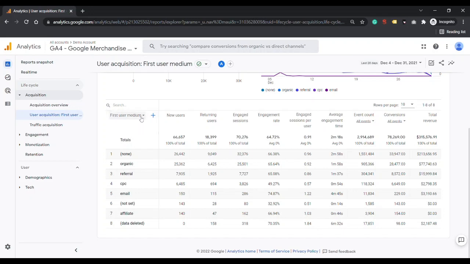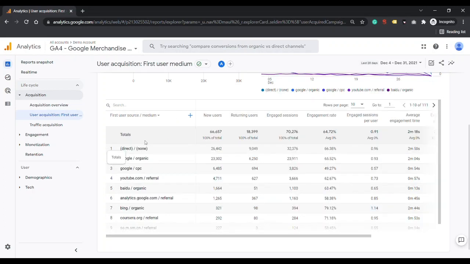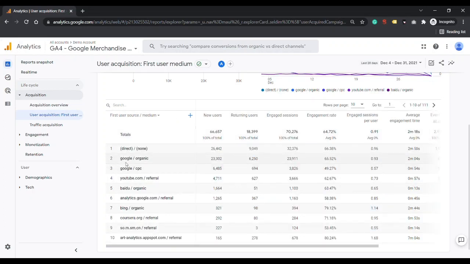Currently we have selected the first user medium, so if we click here and select first user source medium, it will show the source as well as the medium through which we are getting the traffic.